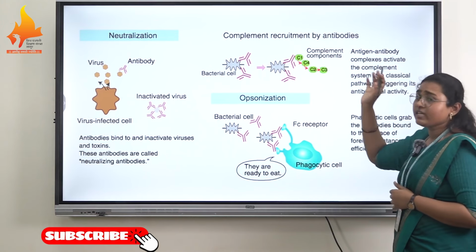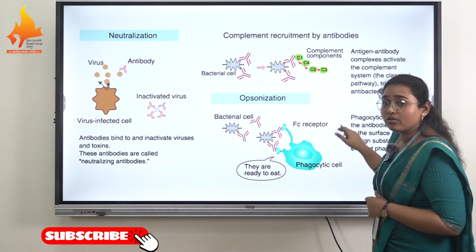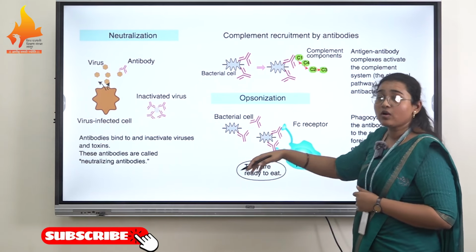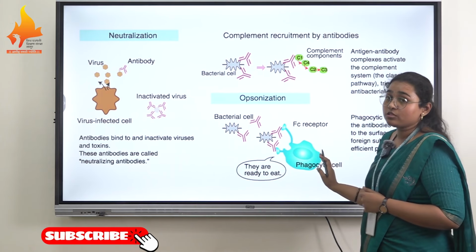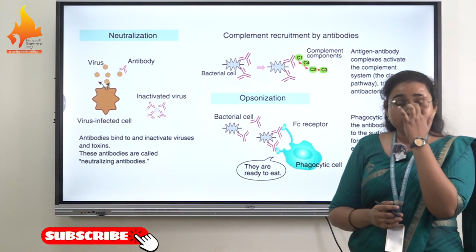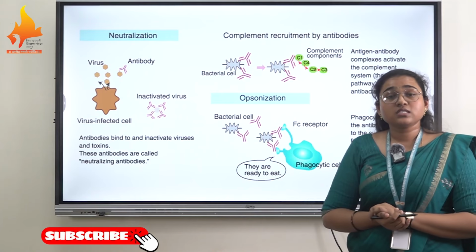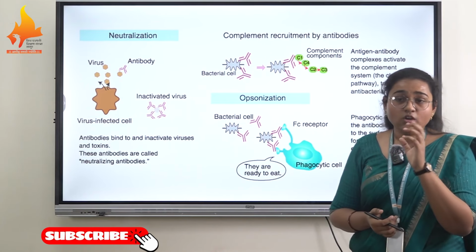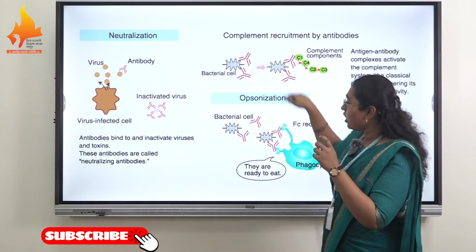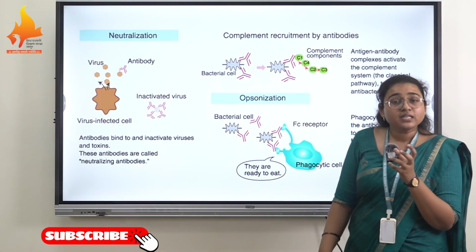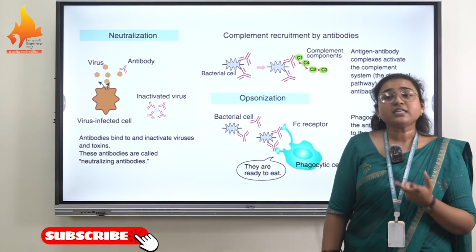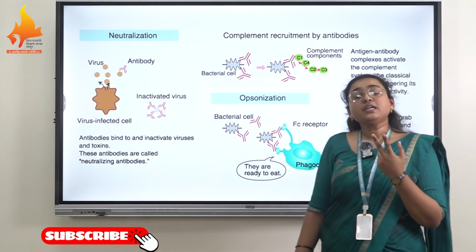So all these kinds of antigens are eliminated from our body via generating humoral immune response and cell mediated immune response. The humoral immune response consists of B lymphocytes or B cells which produce antibodies, and via all these methods, antibodies eliminate the pathogen particle, the antigenic particle, from our body. The second one is the cell mediated immune response.